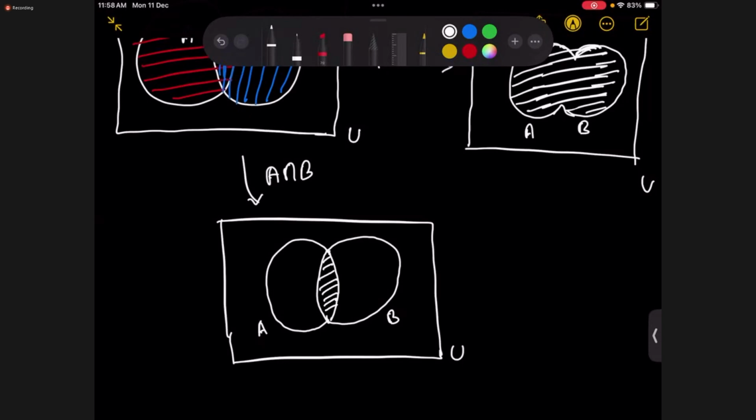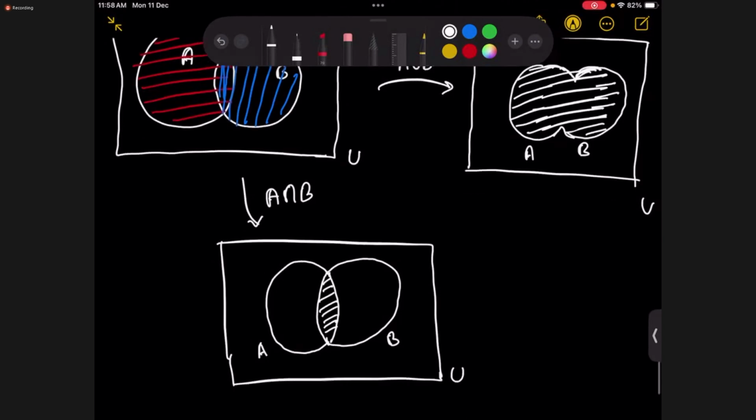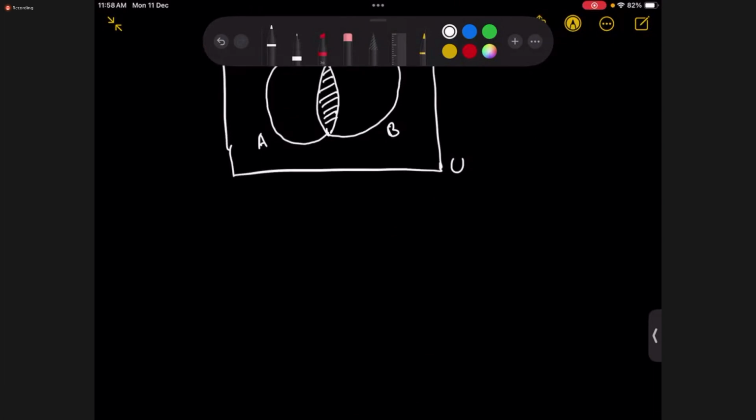Because you can clearly see the colors that in case of A union B, we are including three proper things: whatever is inside A, whatever is inside B, and whatever is common. So we are taking all the elements. But in case of A intersection B, we are considering all the elements which are common to both sets A and B. So by this Venn diagram, we are clear what is A union B and what is A intersection B. Now, if the set is like this,